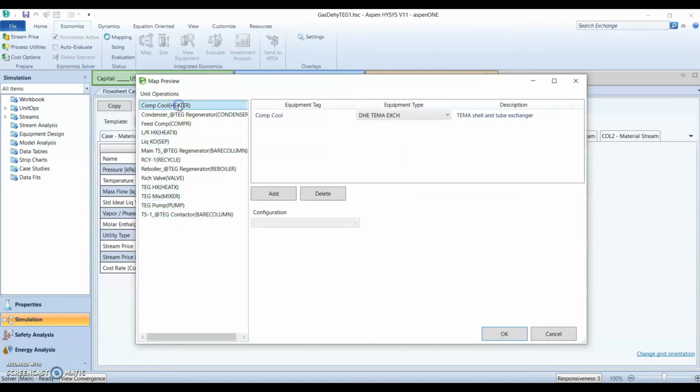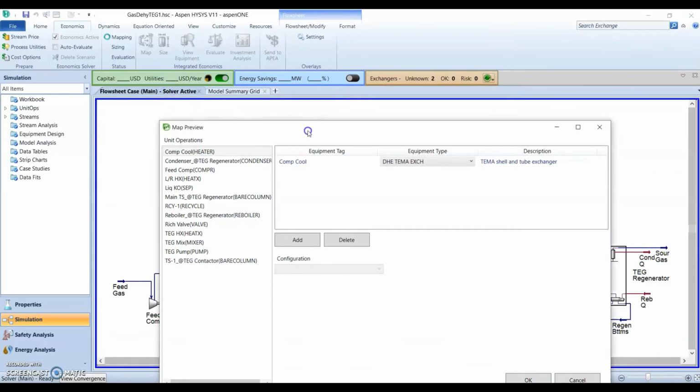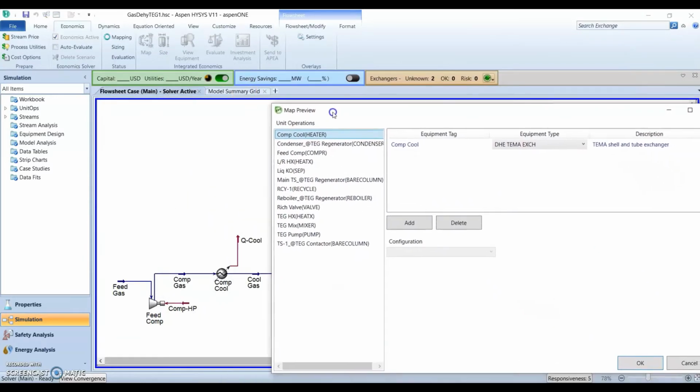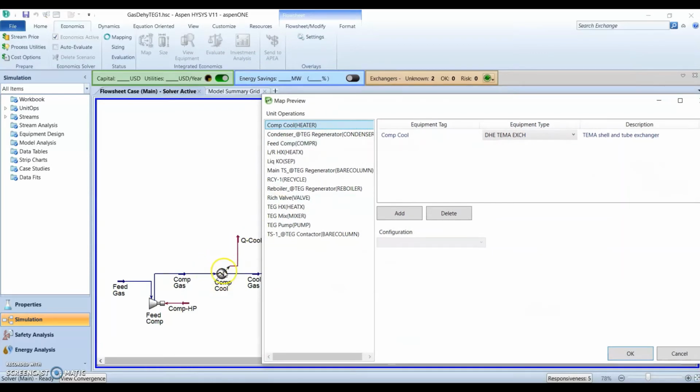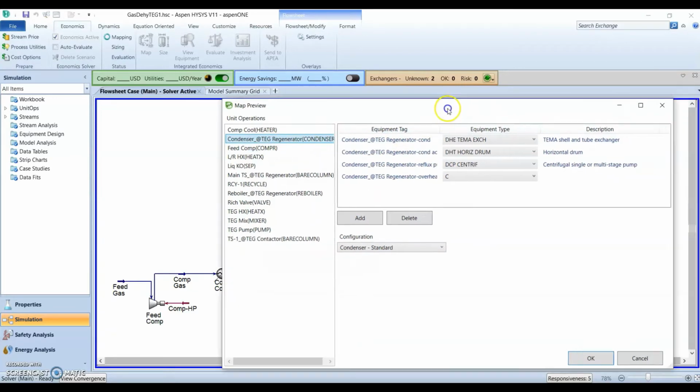For example here, let me select show my flow sheet. Component cool heater. My component cool is this unit operation. This component cool is actually a heater. So APA select TIMA shell and tube heat exchanger as the type of equipment for this component cool unit operation.